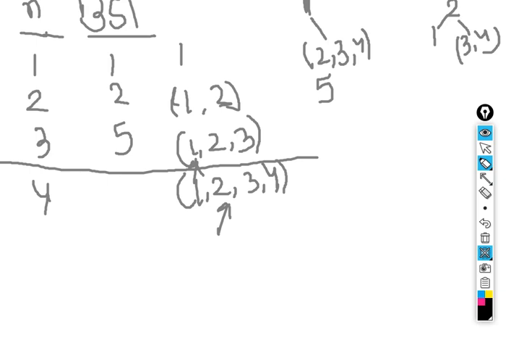One, for n equal to 1 we will have 1 unique BST, into we have two elements over here. So for n equal to 2 we have two unique BSTs. 1 into 2, that is 2, so 5 plus 2, that is 7. Now for n equal to 3, we again have two parts, the left and the right part. We have two elements over here, one element over here. So that would be 2 into 1.